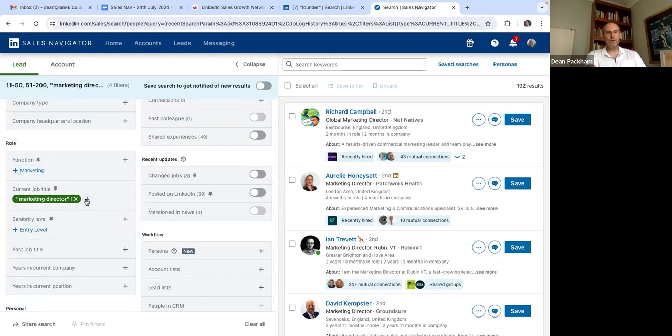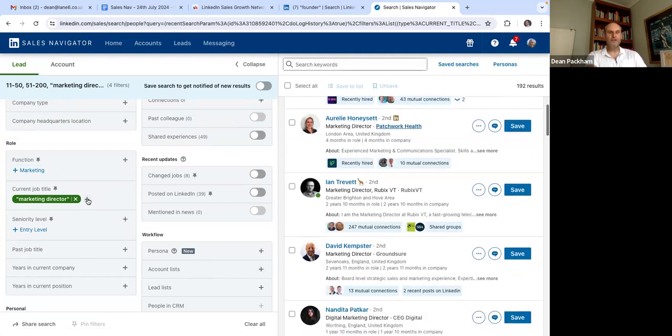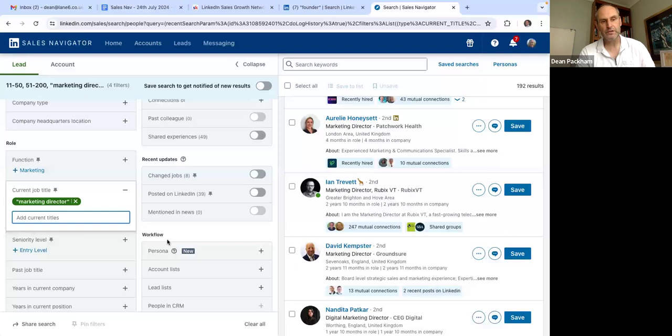Similarly, you can do a similar thing with job titles. So for instance, if you look through this list of job titles, let's say that you want marketing directors, but you don't want anybody with the word global in their title. You can exclude either job titles, industries, and that kind of thing by typing in the particular word that you want to exclude in the format that I've mentioned,